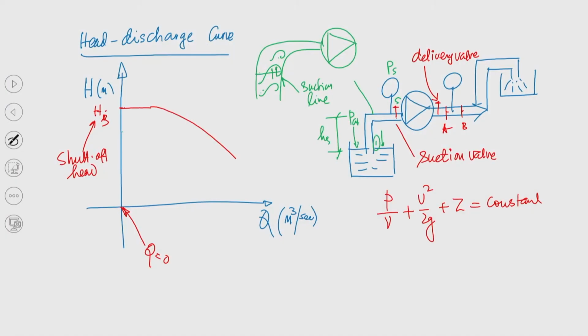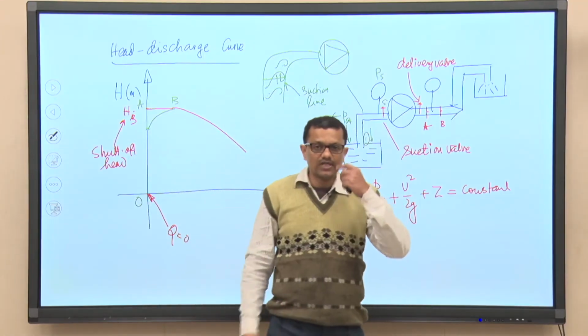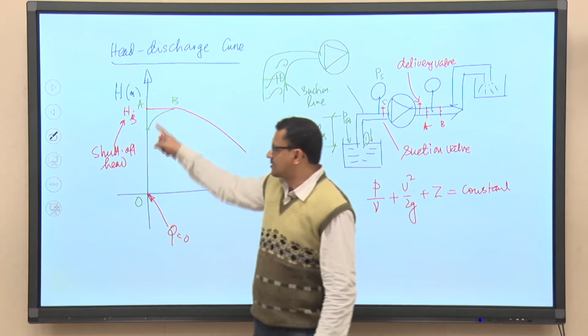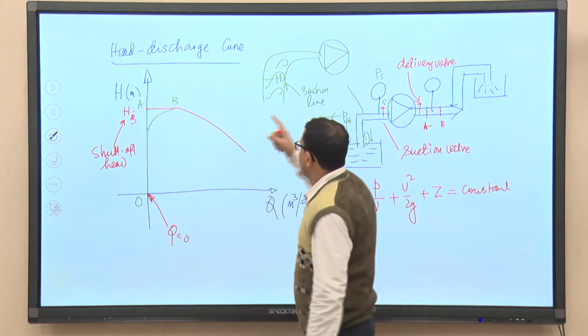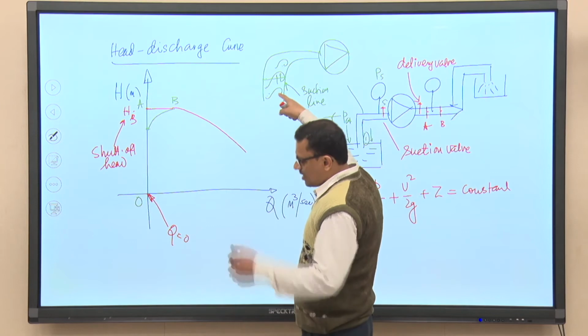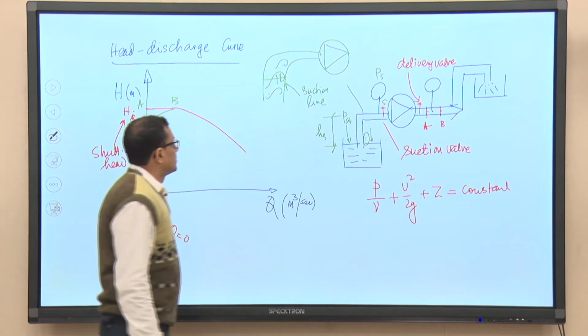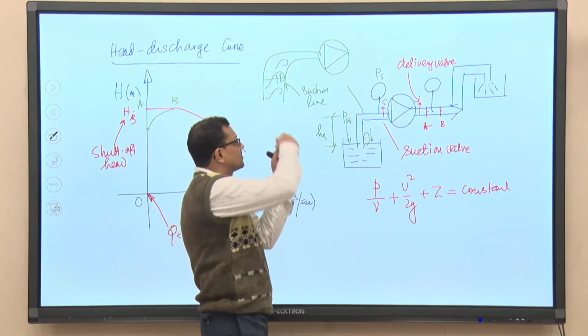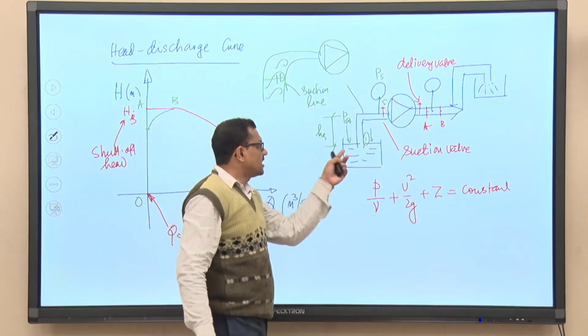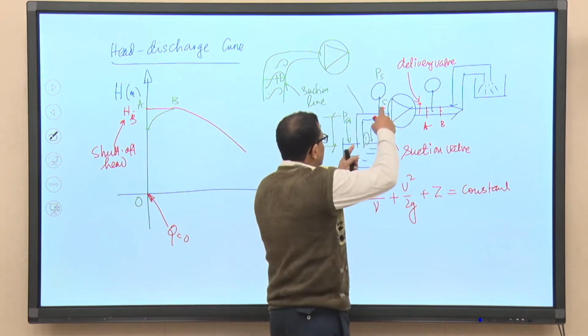So, shut-off head will be here, right. So, if I now give names, this point is O, this point is A and this point is B. Ideally, we have seen that when there is no flow through the delivery line, the shut-off head is Hs, that is OA, but because of the separation losses, because of this non-uniform velocity distribution in the pump suction line, and this is the atmospheric pressure and this is the suction pressure.